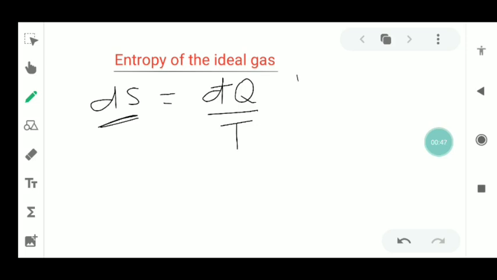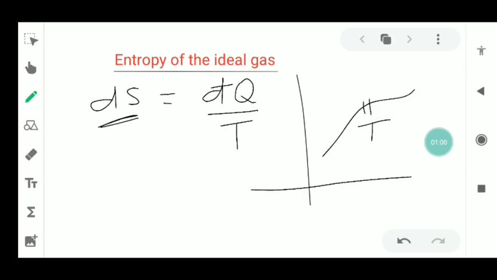Okay, so for example, suppose this is some process, then we can only find out the change in entropy for a very short interval of time at which temperature is constant. We will assume that the temperature is constant, but now we want to derive the change in entropy over the entire process. So we will assume this is equation number 1, and then we will derive using first law of thermodynamics.